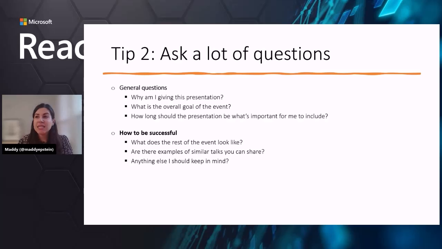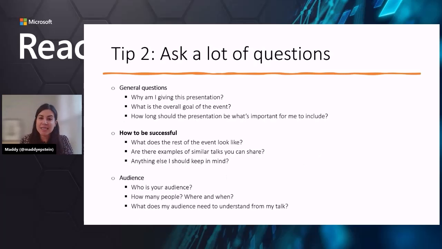And I think this bucket is really helpful if you feel nervous about telling a story or doing any kind of presentation or public speaking. This can be really helpful if you know how to be successful and the purpose of your story and your speech. It'll really help calm your nerves on the day that you have to go do this. And then the last bucket here is about your audience. So, who are you speaking to, and how many people are you speaking to? And is there something that they need to understand from what you're talking about?